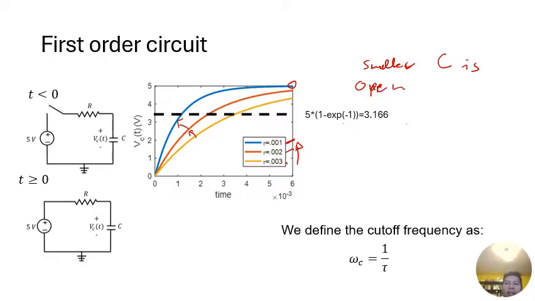Now, of course, that's true because if you look at this, 1 over j omega C, and our condition for it to behave as an open was that this has to be greater